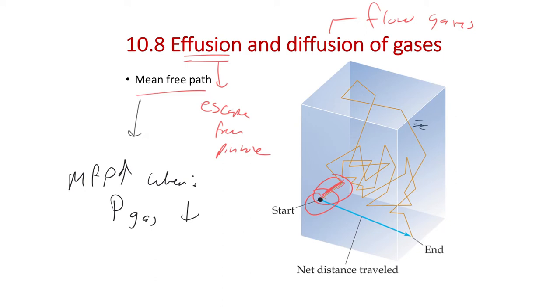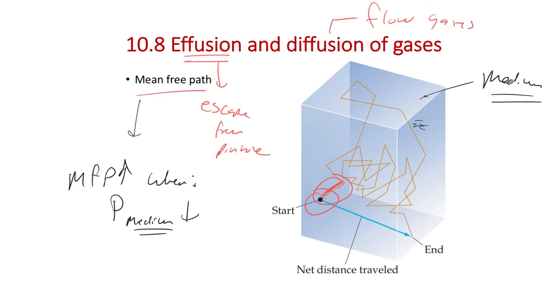So if we make the pressure inside the box lower, there are fewer gas particles that the particle we're releasing is going to encounter. We might call this the medium; the pressure of the medium that it's flowing through is another way of saying that. It's like the pressure of the box. If you make that pressure higher, it's more probable a particle is going to hit another particle, which would lower the mean free path. If you want to increase the mean free path, you would lower that surrounding pressure.